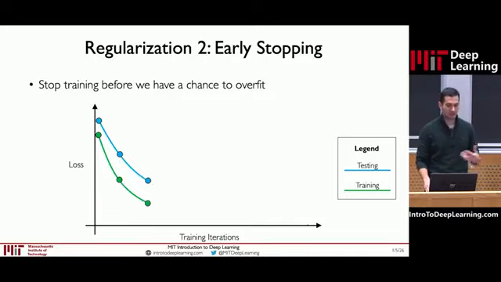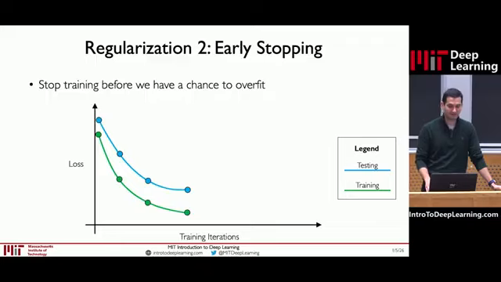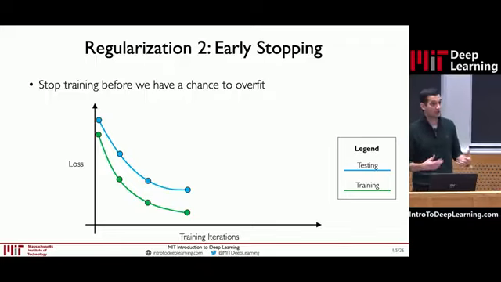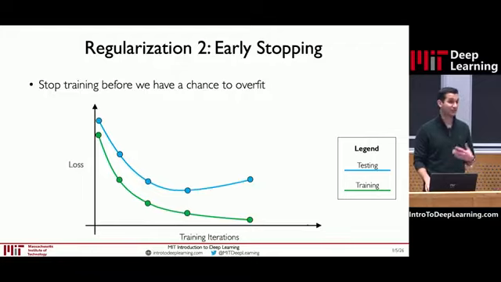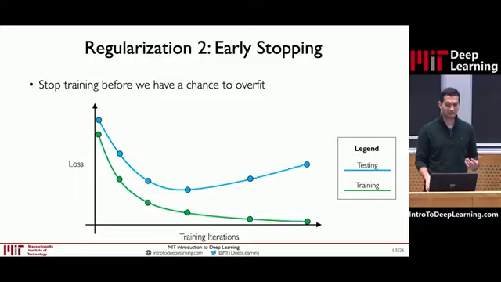Now, in the beginning, both lines just decrease together, which is excellent. It means our model is learning, right? It's moving from that underfit regime to a more fit regime. And it continues to have this trend. Eventually, though, the training loss will start to plateau, and the testing loss will start to increase, right? This is actually the regime where we start to see overfitting. And this pattern typically will continue for the rest of training.